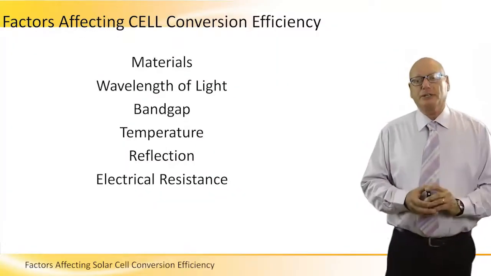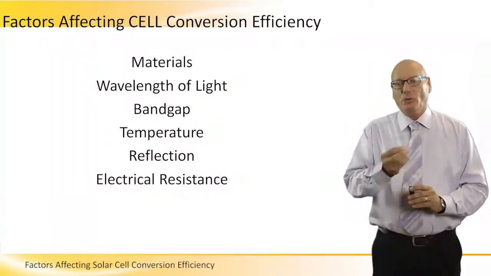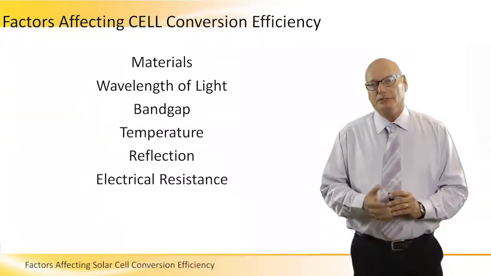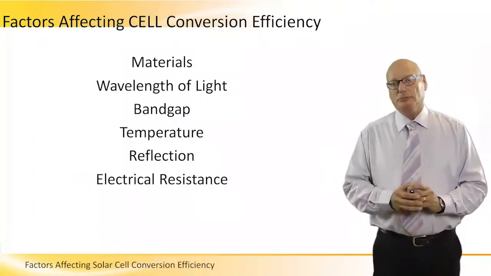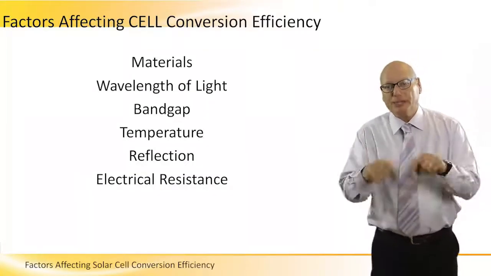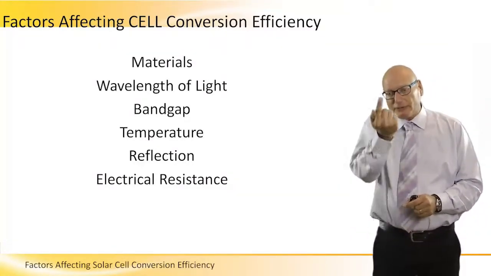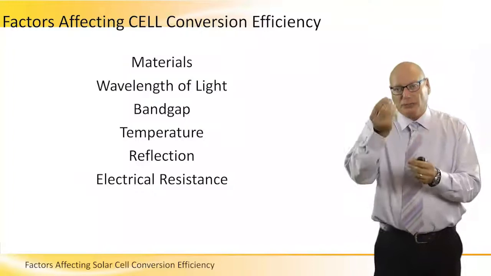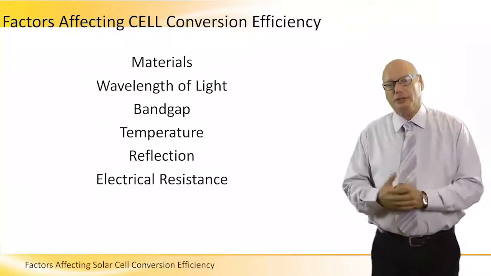There are several factors affecting cell conversion efficiency. The materials of the cell, the wavelength of light entering and hitting the silicon, band gap, which I'll explain in a minute, temperature, obviously as the temperature goes high, efficiency goes low, reflection within the cell, light beam that goes into the cell, penetrate the cell, is reflected back, and we lose that energy. Those number of photons which are being reflected back cannot excite electrons and cannot create a current, they just reflected